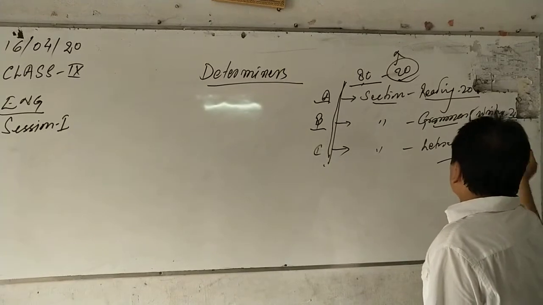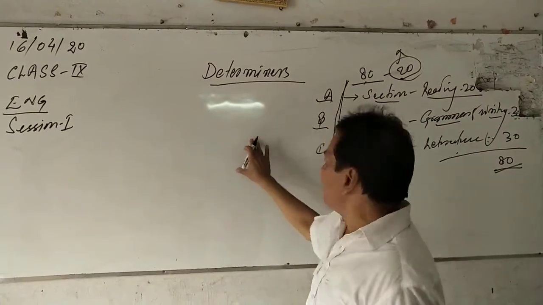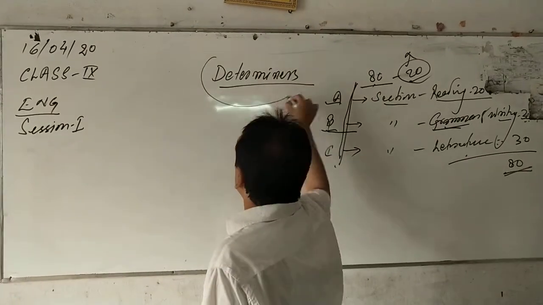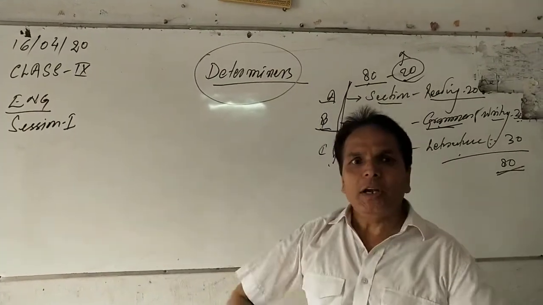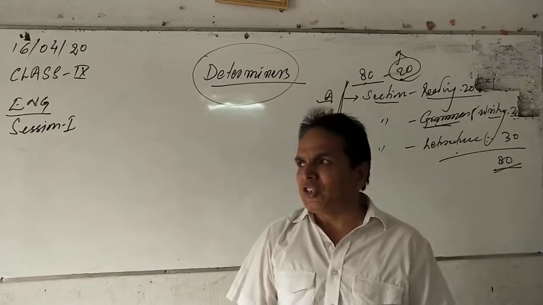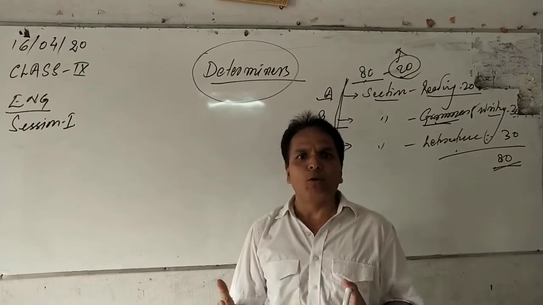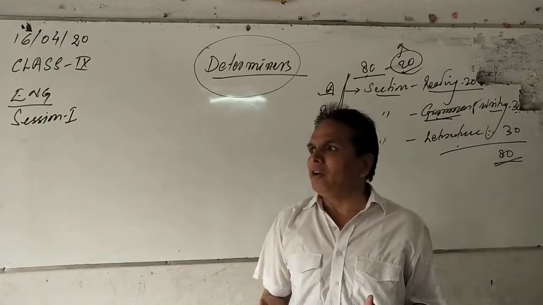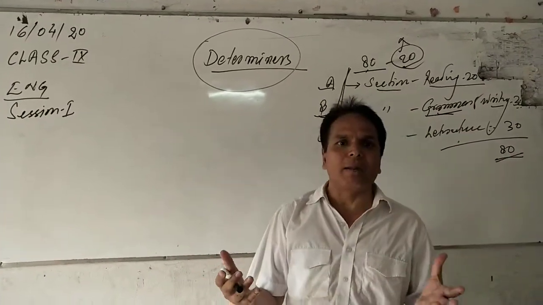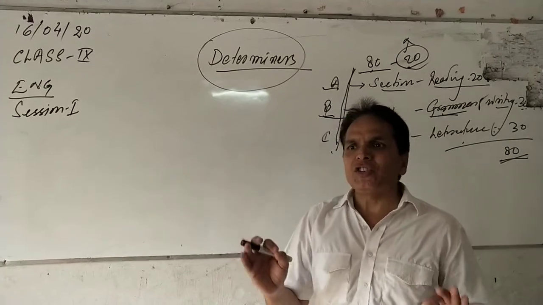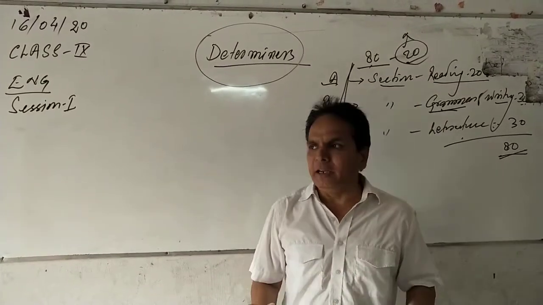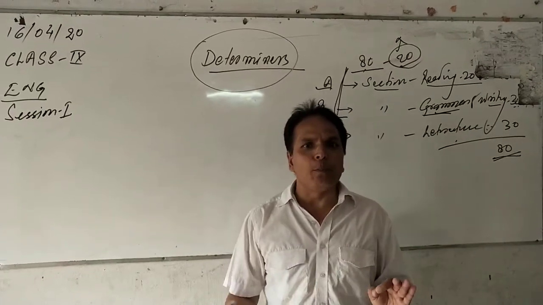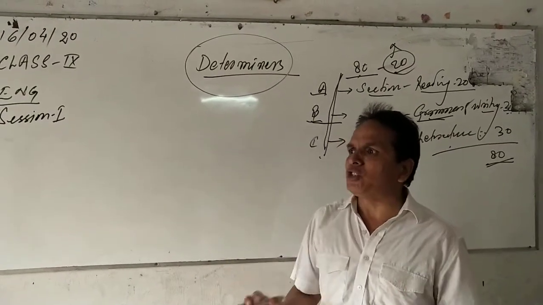In 80 marks, first of all we shall go to the grammar section, that is Section B. In grammar, the first chapter is the determiner. What is a determiner? That we shall try to understand. We have a lot of confusion about the determiner. We will find that some English words are picked out and generally expressed as determiners. No, we have to understand the origin point of the determiner. What does a determiner do, and what is its function in English? That we have to consider.